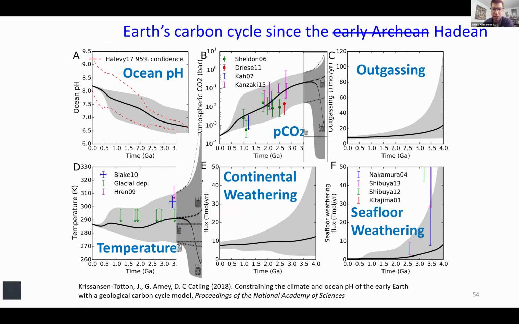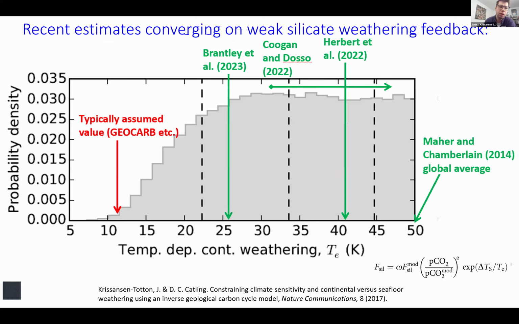Okay, so that's kind of an aside. I wanted to return to this figure that I showed earlier, perhaps suggesting a weak continental weathering feedback. So what happens if we take this seriously? In the previous model runs I showed you, it doesn't explicitly assume this weak dependence. But if we allow, or if we insist, that continental weathering is a weak feedback, and put that into our whole Earth